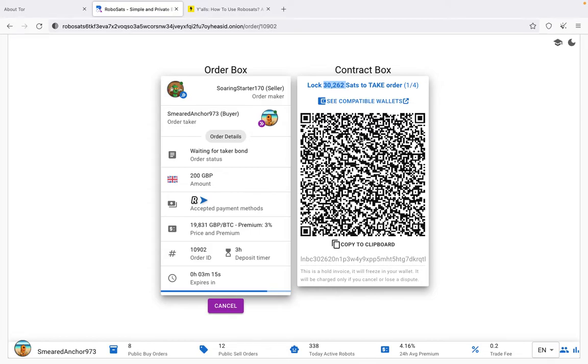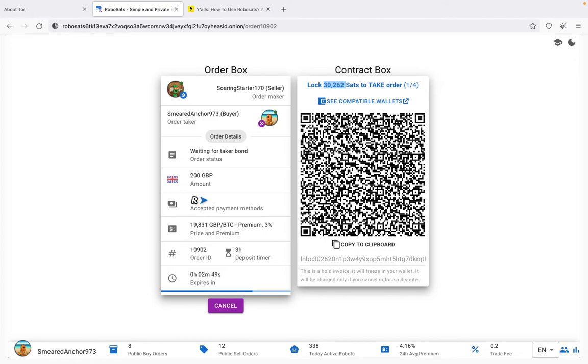Give me a second, guys. I'm just going to see how much that is approximately. 30,000, that's about $7, right? You have to put about $7 as a bond into this address, and then